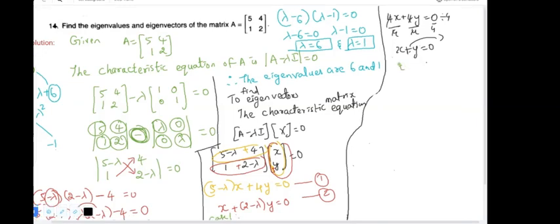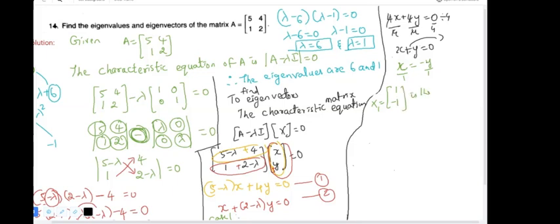If I send y to the other side, it becomes x is equal to minus y. So the first eigenvector x1 will be 1 and minus 1,